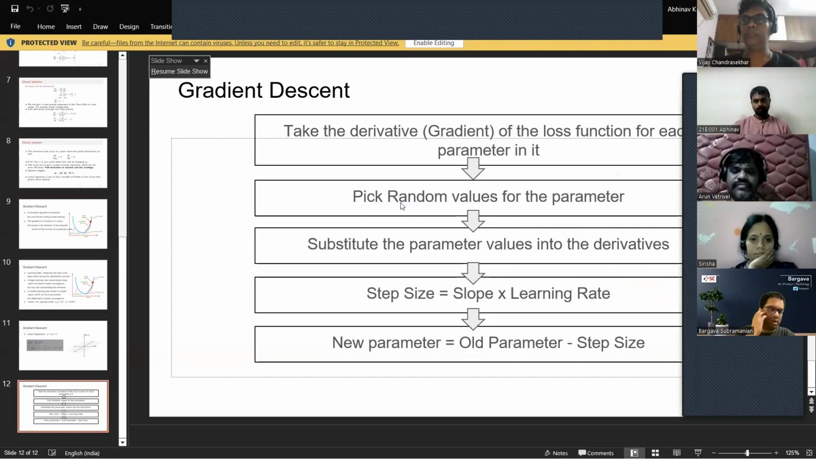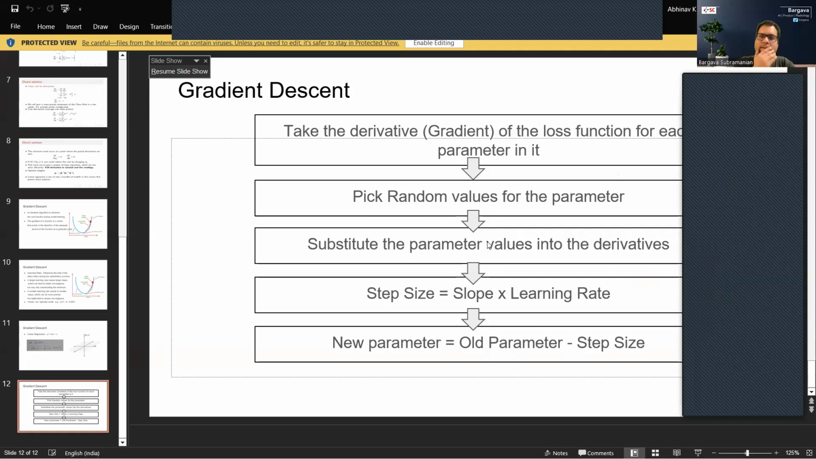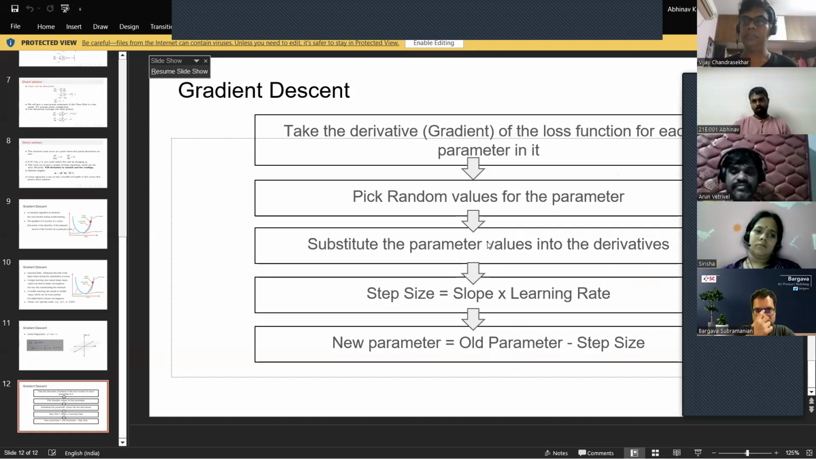If you don't have a convex function, you will never be able to converge. You'll always be stuck, like in the diagram that